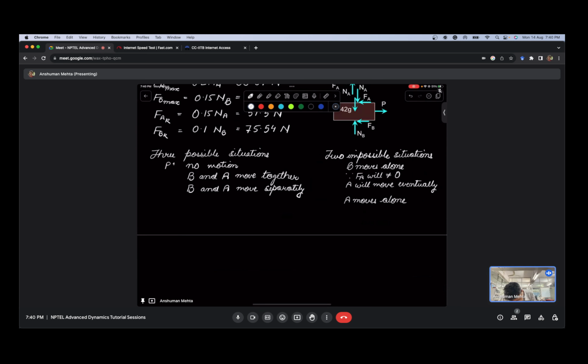This is case P1, P2, P3. This is I1 and I2. So why A moves alone? Since P is applied at block B, and it forces